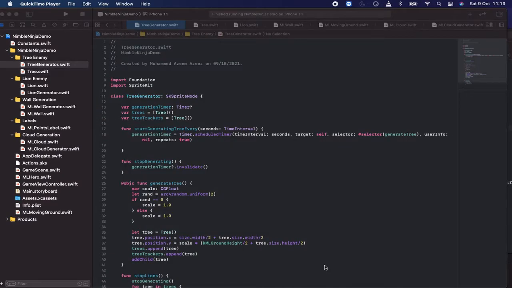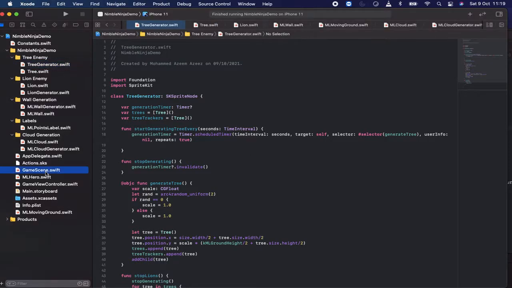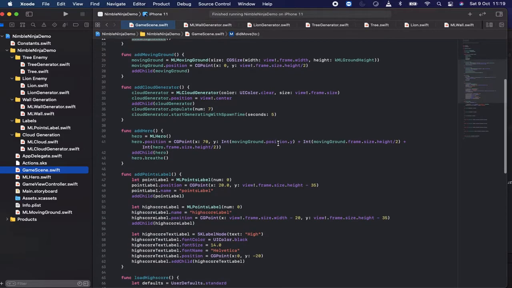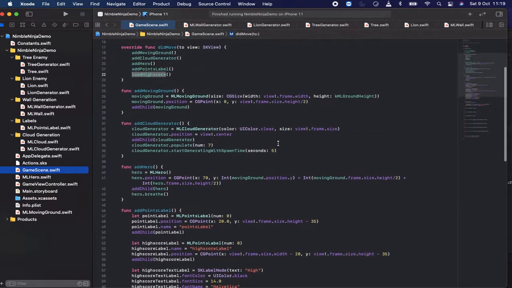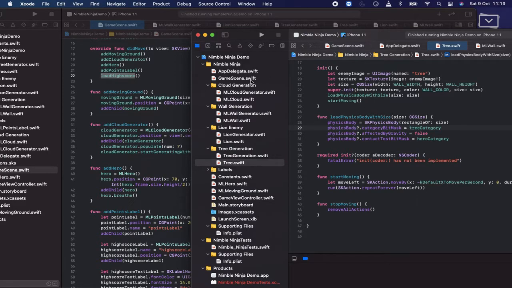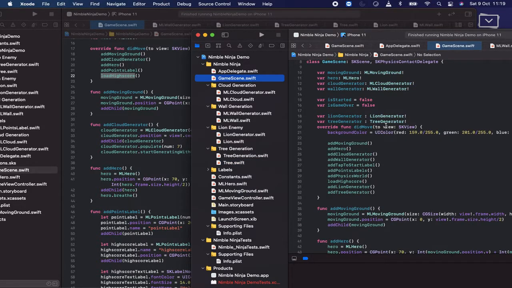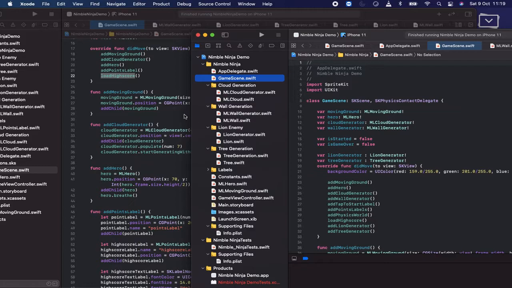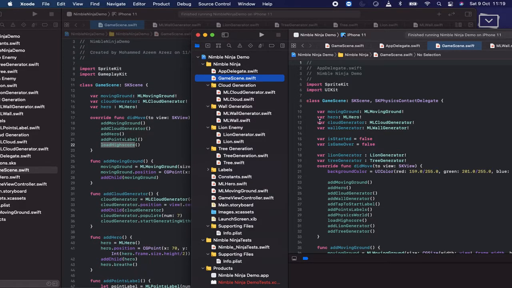And finally we will move to the GameScene file, where we will be making the final changes and the functions which you need to update. So let's come here in this GameScene file and check for the variables which we need to add. So I have the moving ground, cloud generator, and also the hero. So I need the wall and also the bool variables, which are for is started game and is game over,